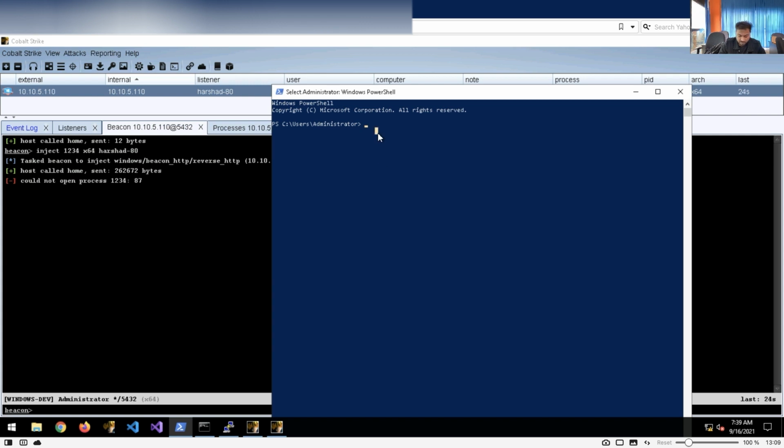Now I will simply type New-Object Net.WebClient, for example with 10.10.5.120, and I want to try to download Harshad, any file that is available. Just close the syntax and then press enter.